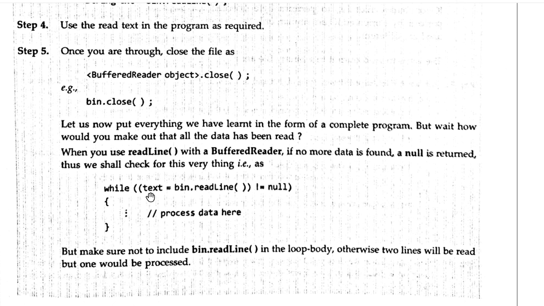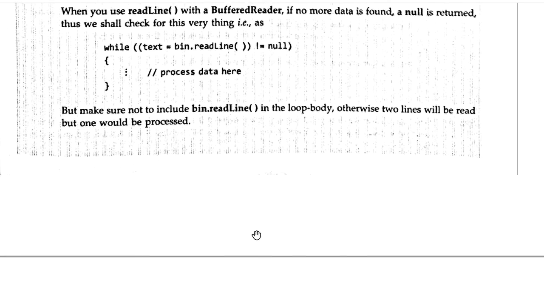While txt is a string variable equal to bin.readLine. Bin is what? The object of the BufferedReader class. We are using the readLine function to read line by line from the file. After reading each line, we are checking whether that line is not equal to null. When it gives null, that means when control reaches the end of the file, it cannot read anything because no more data is present. So it will return null to this txt variable. Is it not equal to null? No, it is equal to null. The loop will terminate. Before that, the readLine function read all the lines from the file.